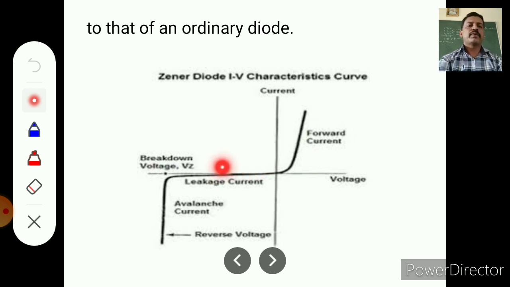In the case of reverse bias, here the reverse voltage will increase. Initially the current is 0, and due to the breakdown region, due to avalanche breakdown or Zener breakdown, the current increases sharply without much increase in voltage. Means there is a slight change in voltage, and we get a large amount of current. So this is the main characteristic of the Zener diode which we observe in the reverse bias condition.